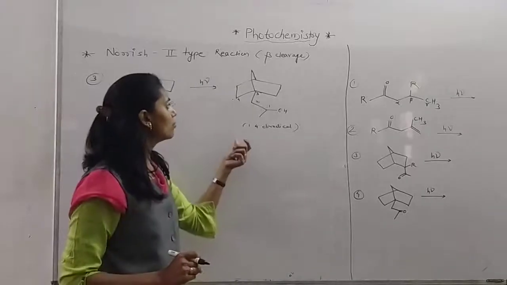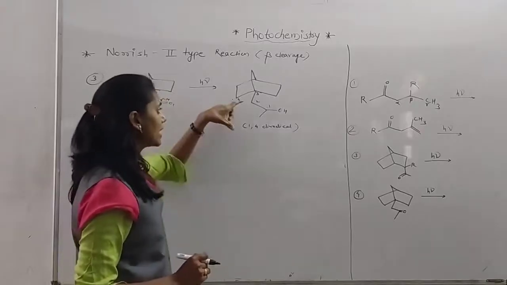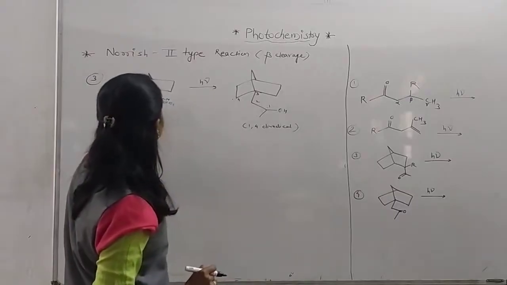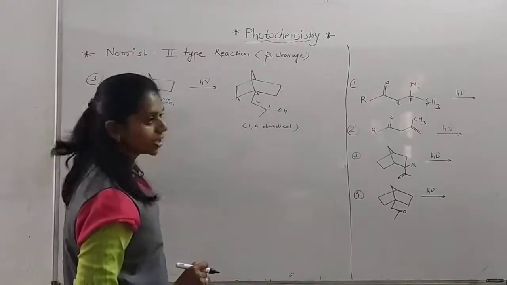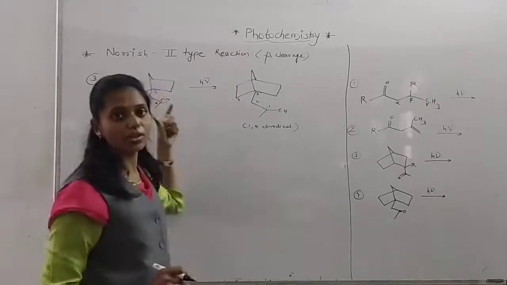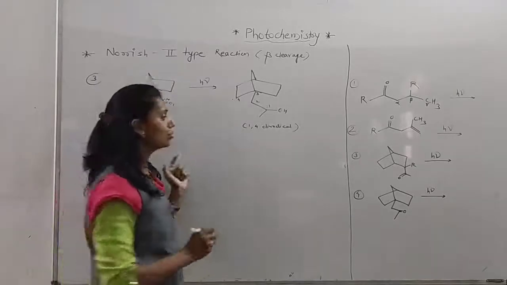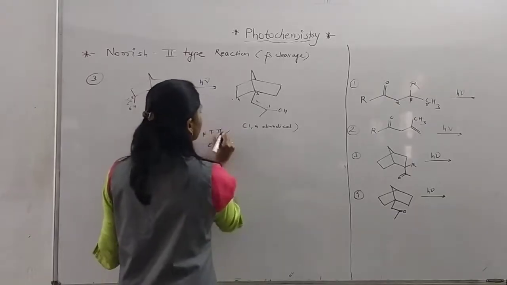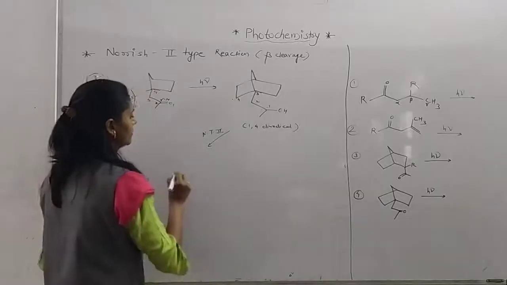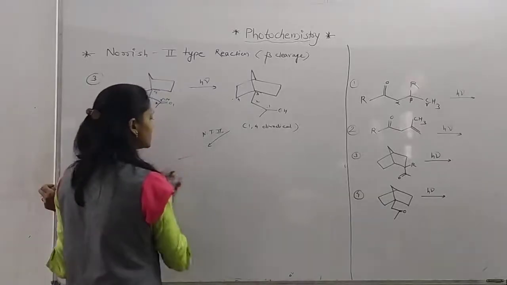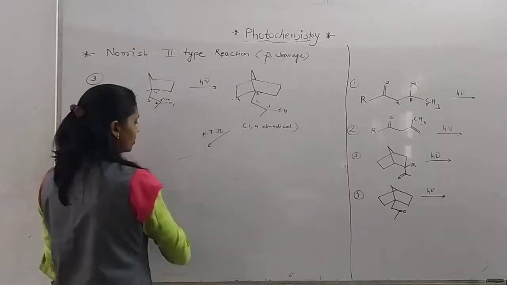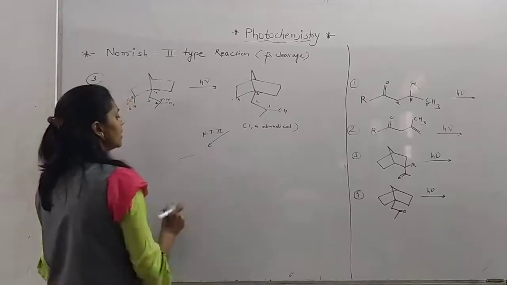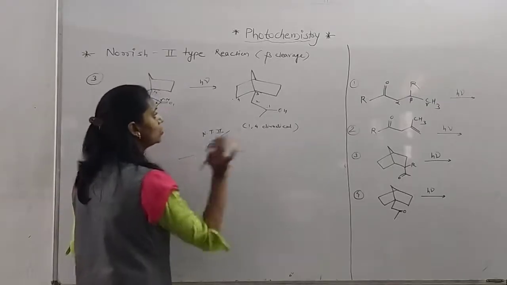Now whether we go through Norrish type 2 or cyclization, when we consider this carbonyl system, this is the alpha carbon atom and here hydrogen is present. Since there is hydrogen, then we go through Norrish type 2 here. Okay, so we go through Norrish type 2 firstly and observe the product. If the product is stable, then this is our major product, okay, and the right product. But if we obtain this product as an unstable product, then we do the cyclization.